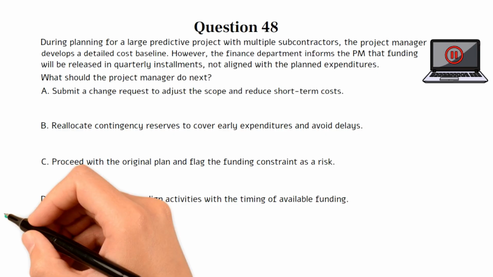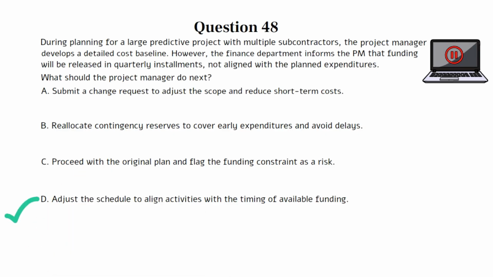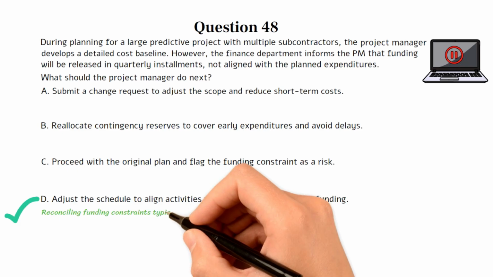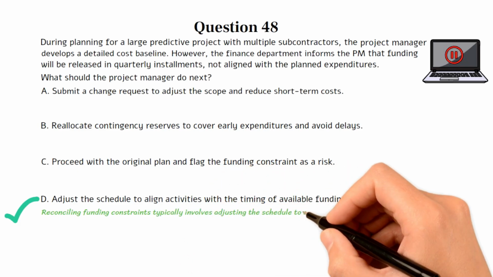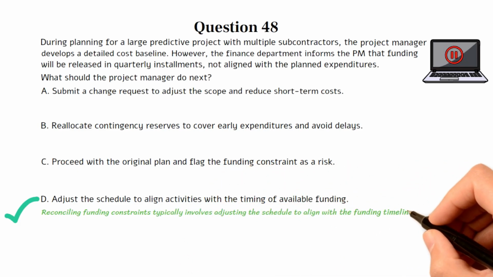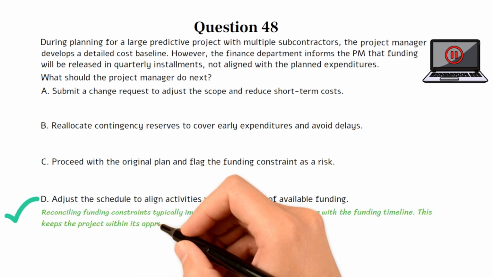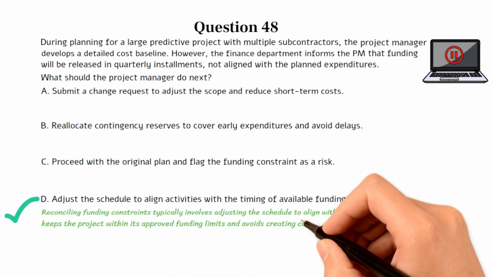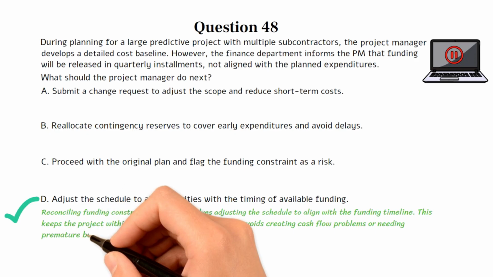The correct answer is D. This question tests your understanding of funding limit reconciliation, which ensures that planned expenditures align with the actual availability of funds, a critical element in cost management for predictive projects. Choice D is the best option because reconciling funding constraints typically involves adjusting the schedule to align with the funding timeline. This keeps the project within its approved funding limits and avoids creating cash flow problems or needing premature budget